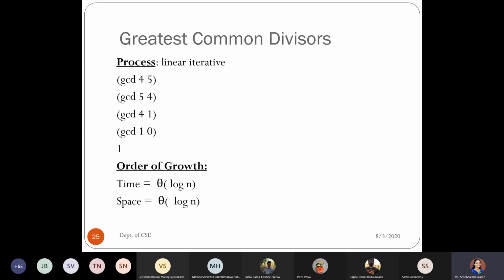Any correction? Any doubt? No, ma'am. That's a small correction, right?